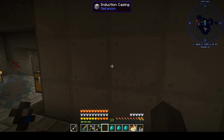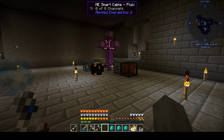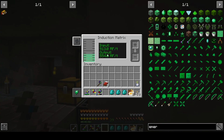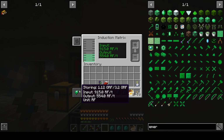One thing I wanted to check, and I forgot before I turned on the digital miner, I think I checked it before I reconfigured it. So I know my digital miner is taking about, I think, 460 RF per tick. And this system is taking about 80 some RF per tick. So that's a good thing for me to just keep in mind. So now I'm down to a net of only 300 and some odd RF per tick going into my big storage,